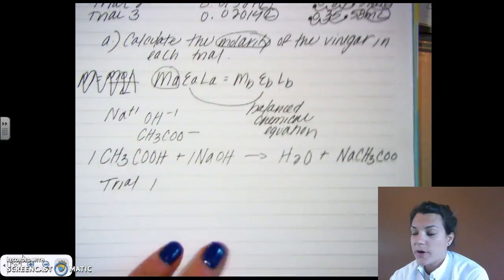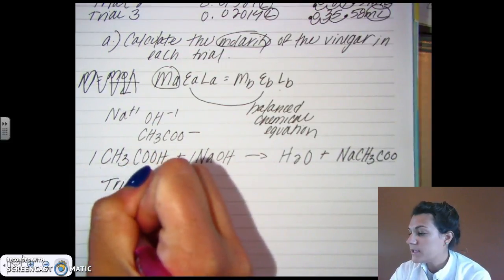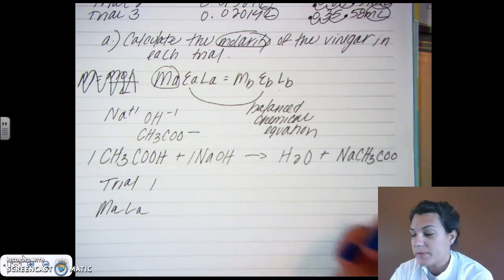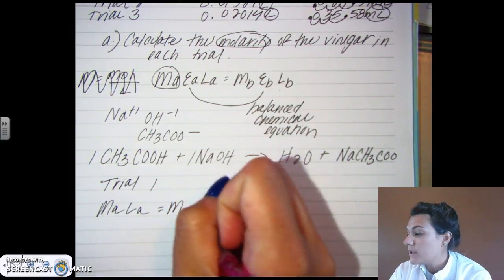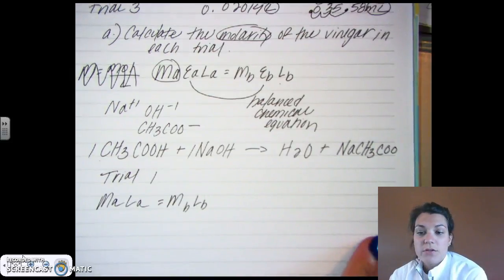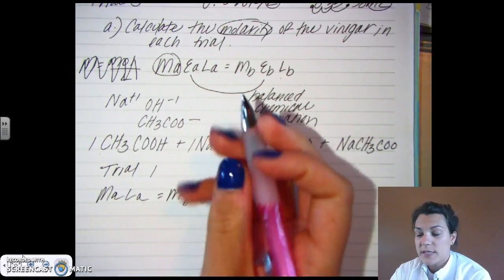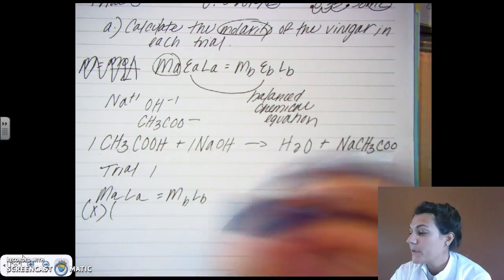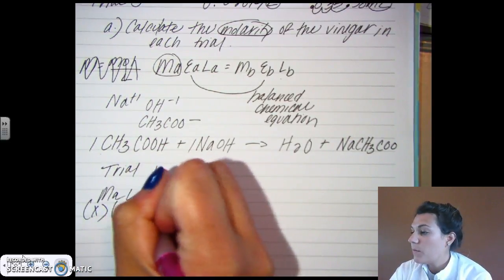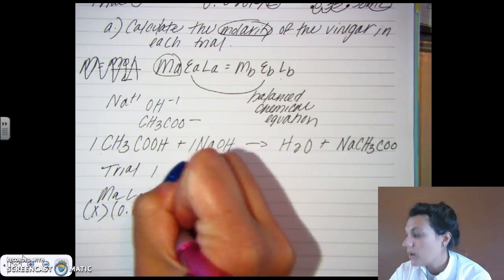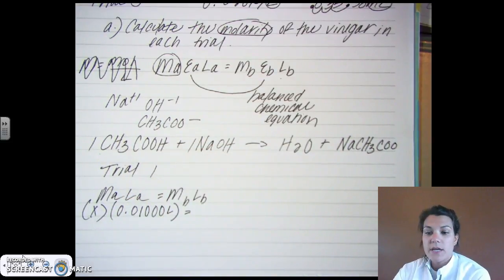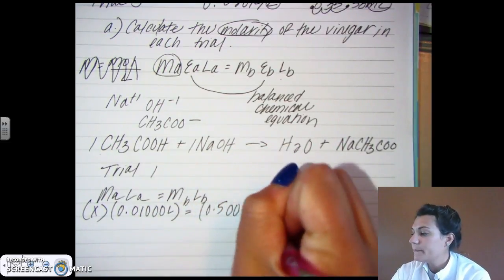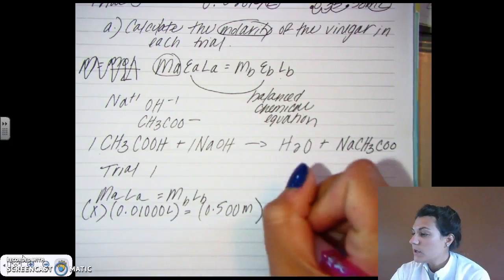Okay, so for trial 1, since the E has been dropped because of the 1-to-1 ratio, 1 doesn't mean anything. This is basically the equation that I'm going to do, right? The molarity of the vinegar or the acetic acid is what I'm looking for, so that's going to be my X. For trial 1, I used 0.01000 liters, and I'm going to set that equal to the 0.500 molar for the base times